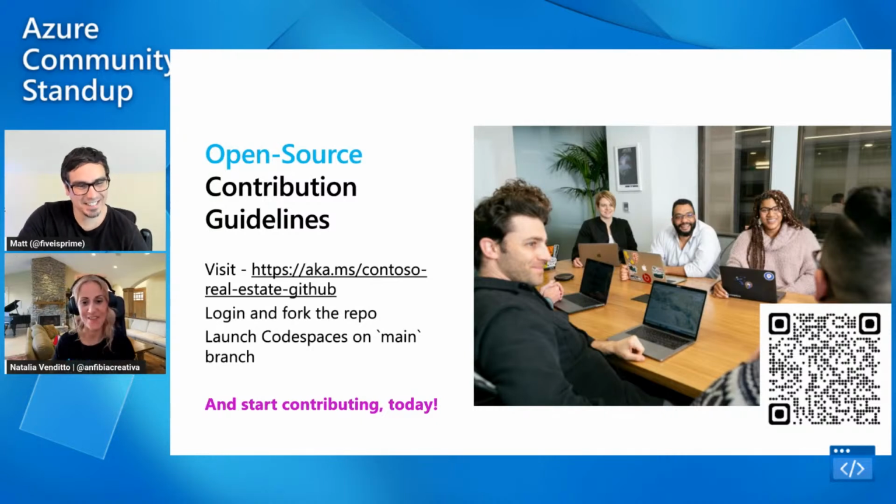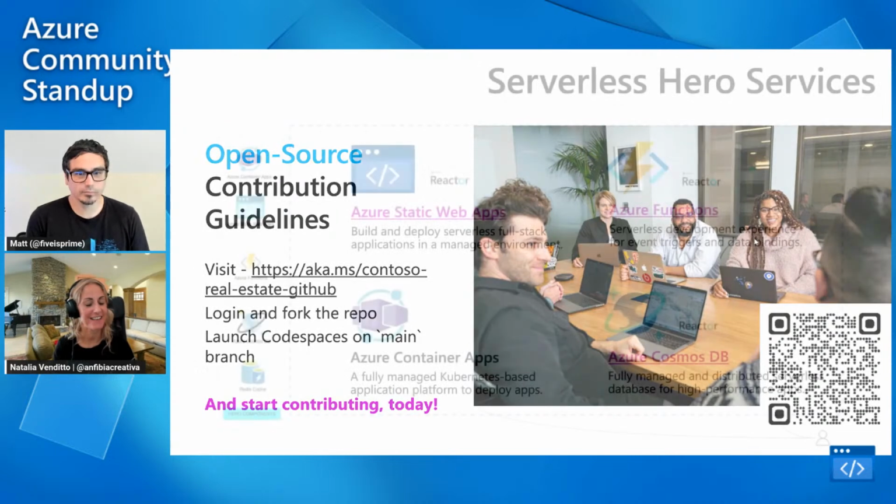So anything that comes to mind that you would like to play with, you have the code, and we're going to be talking about this in a little bit, you can even deploy it to Azure with just one command using one of our favorite tools, the Azure Developer CLI, right? So I hope we see many more forks after this. And so, Haley, if we go to the next slide,